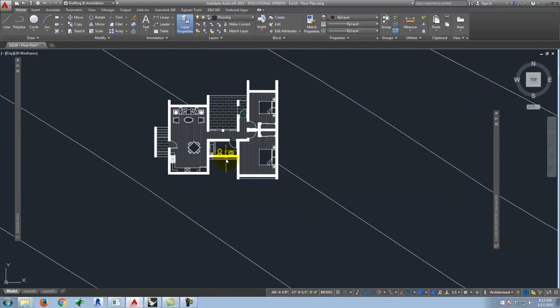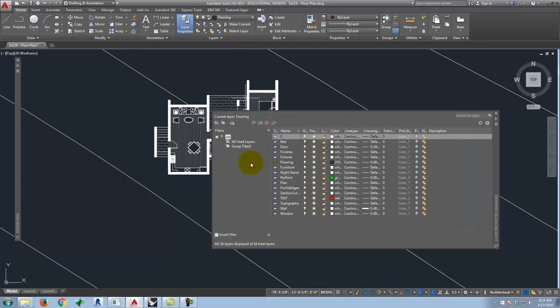Okay, so when I start up with this, the first thing that I need is some kind of a layer for the south elevation to go on, because obviously I'm drawing that elevation view. And I also would like some layer that ultimately isn't going to be printed that I can use to put some guides and to pull some reference points, etc., so that I don't have to worry about that showing up on the final drawing. So I'm going to go into my layer properties, as we've done before,